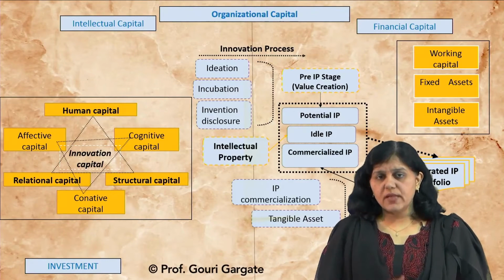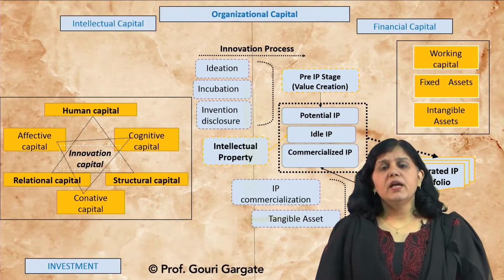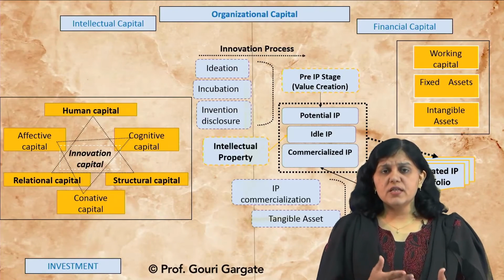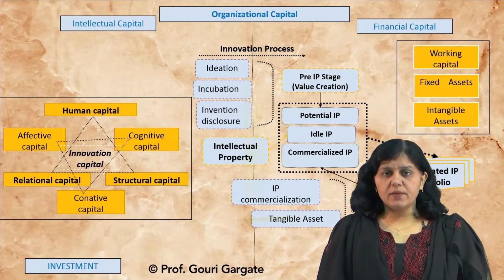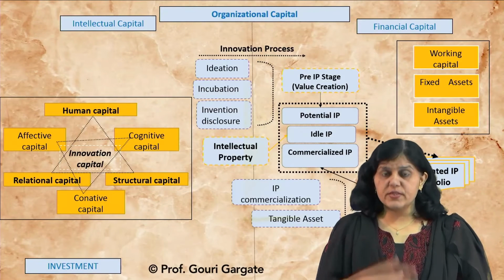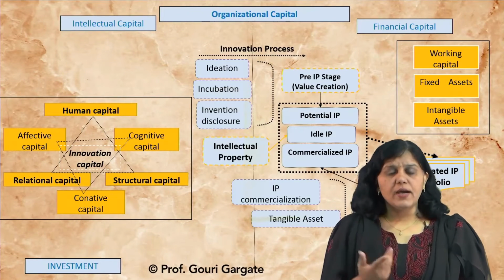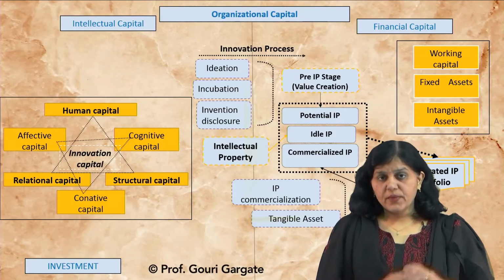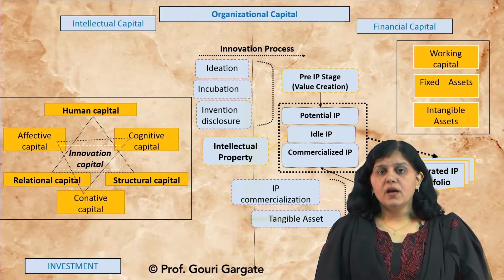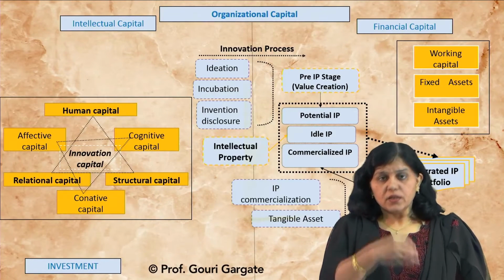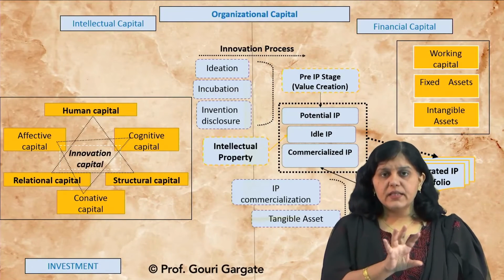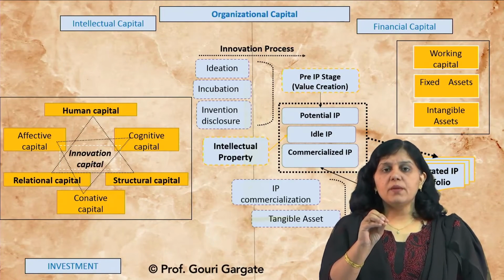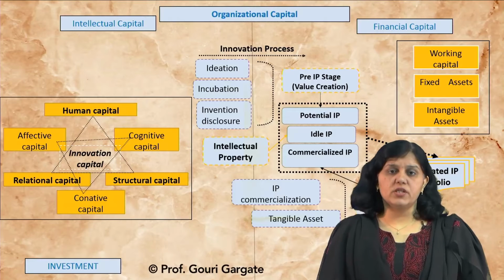Then you have to take the decision further; after the review process, it may be filed. If you yourself are there, you can file the provisional patent application. You know now which forms and how much fee you have to give, and you can file the provisional patent. So, this is about the pre-IP stage. Now, you have identified that potential IP, and you have now filed that provisional patent.